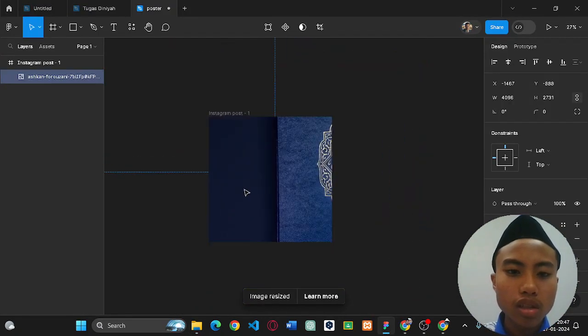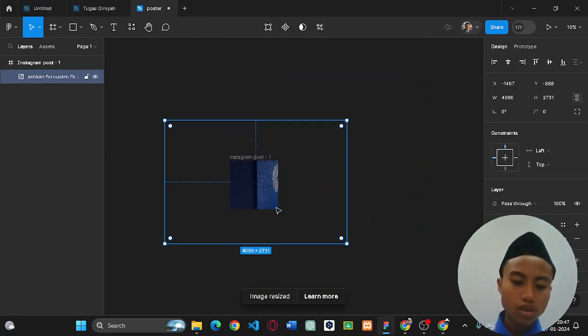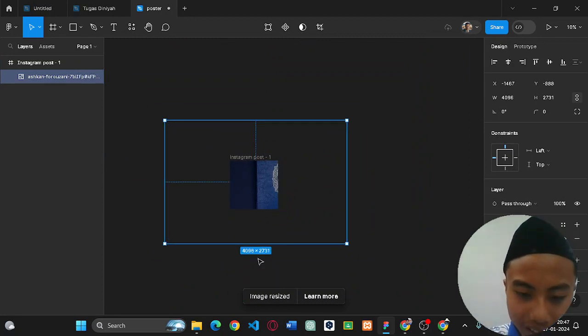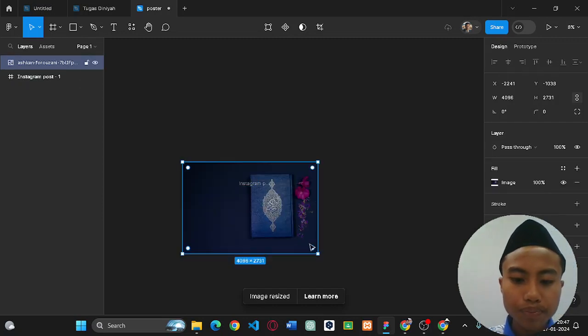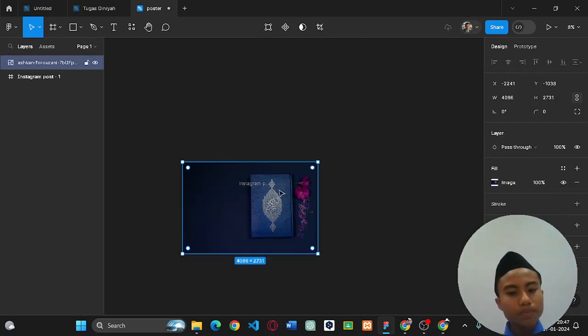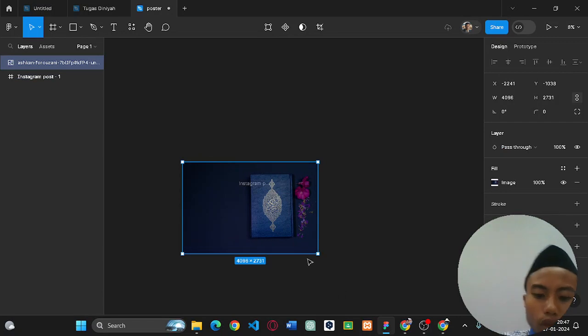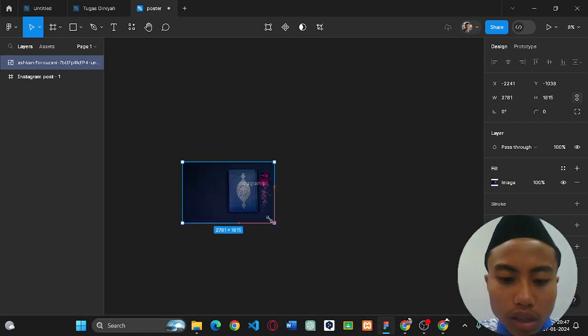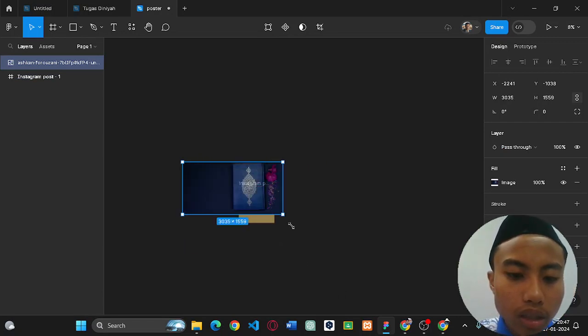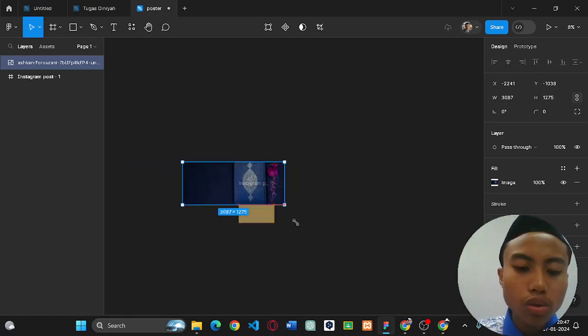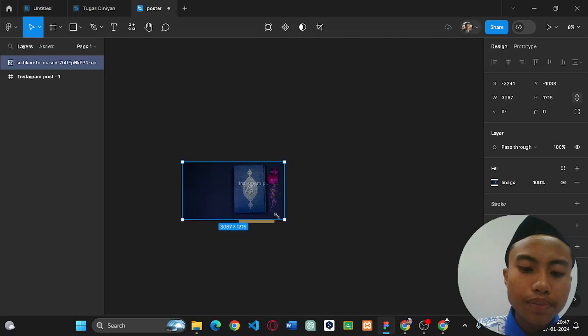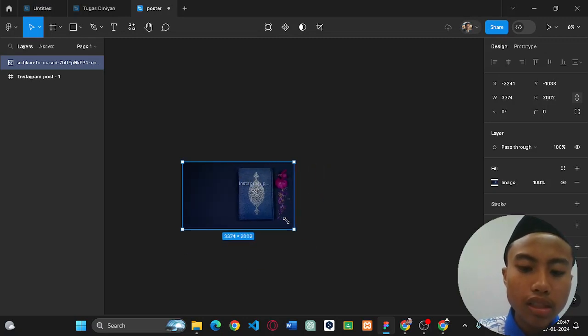Okay, the image has too much resolution, so we will get to that. If you want to make it smaller, you can just do it like this, but it's not pretty good if you want to keep the image in the same size.